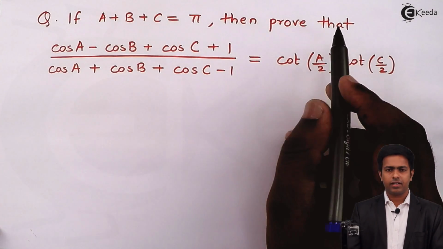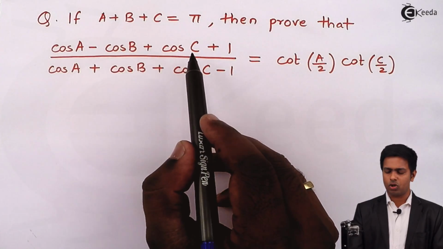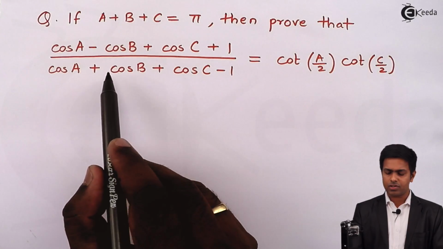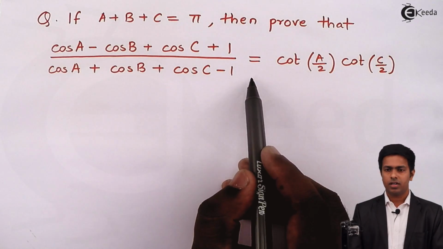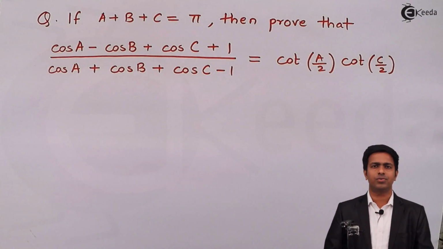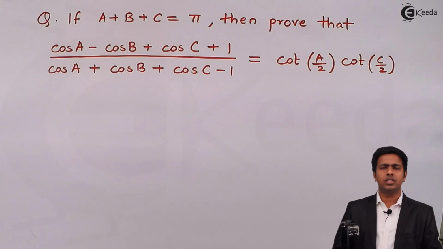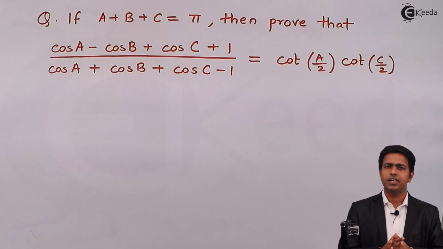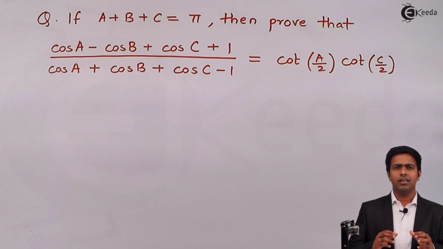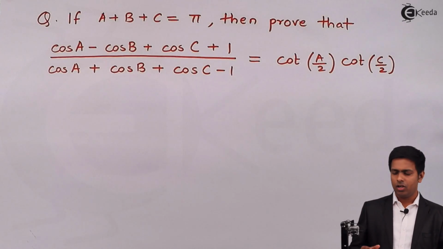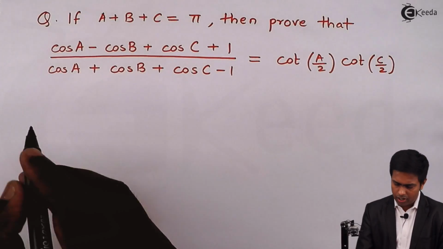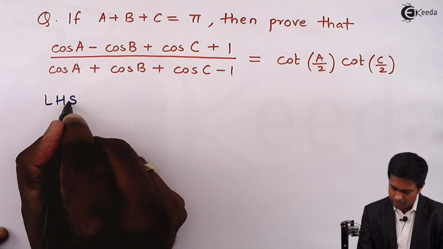And we have to prove that (cos A minus cos B plus cos C plus 1) whole upon (cos A plus cos B plus cos C minus 1) is equal to cot A upon 2 into cot C upon 2. Now to start with the solution, I'll start with the left hand side because the left hand side has maximum number of terms, and by simplifying the left hand side we'll proceed and we'll get the right hand side. So here I'll say LHS is